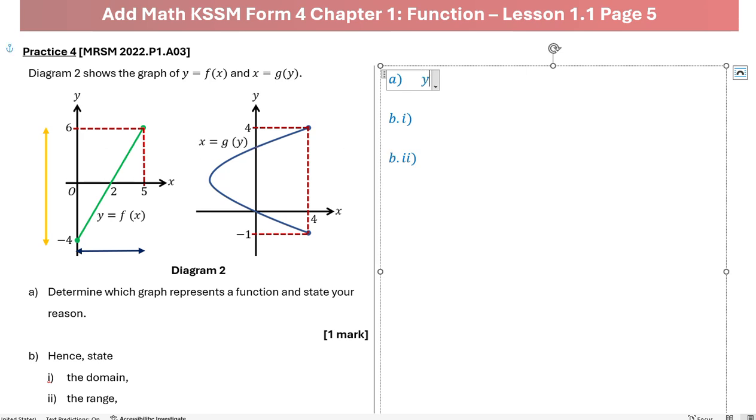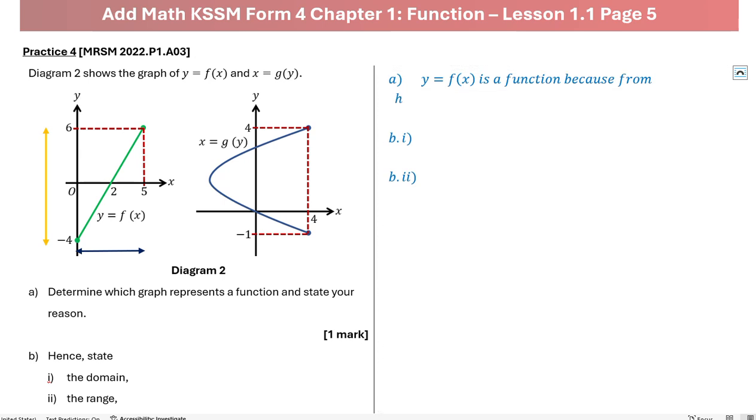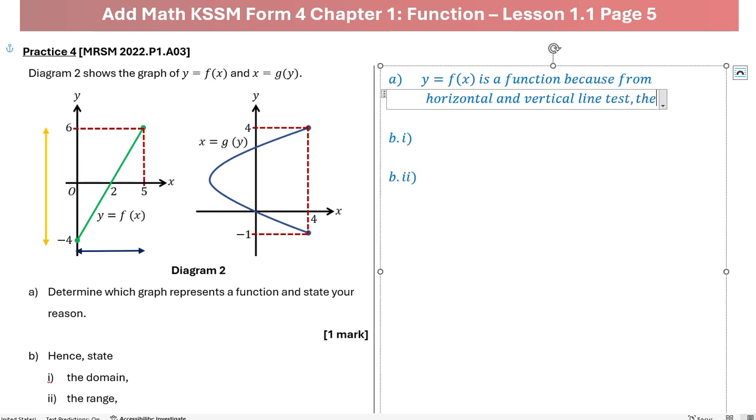So y equals f(x) is a function because, from horizontal and vertical line test, the relation, as I said, there's a difference between relation and function. The relation is 1 to